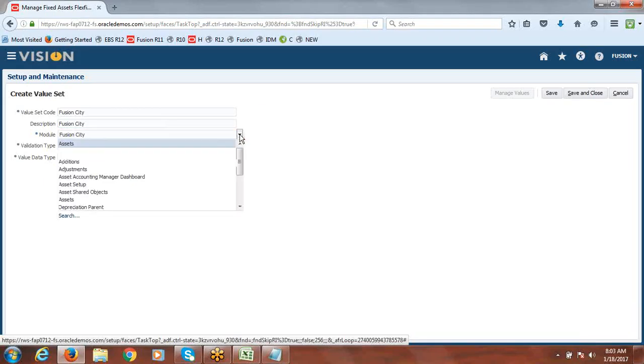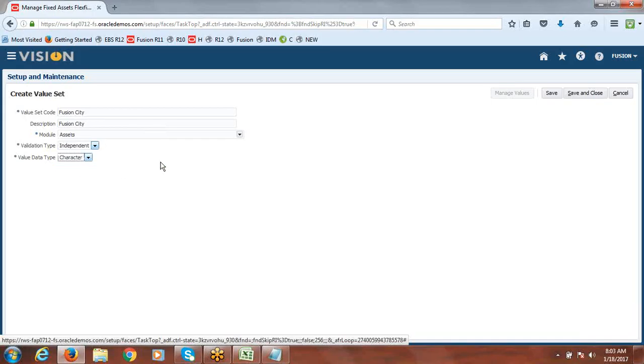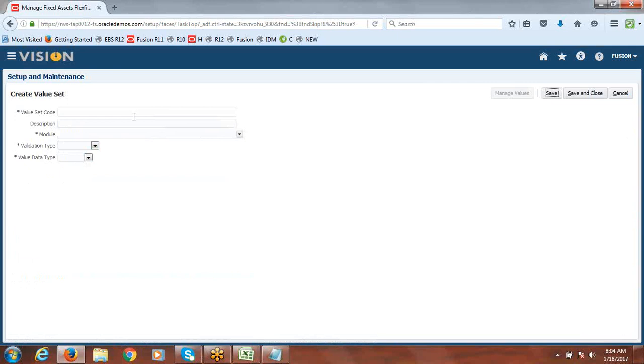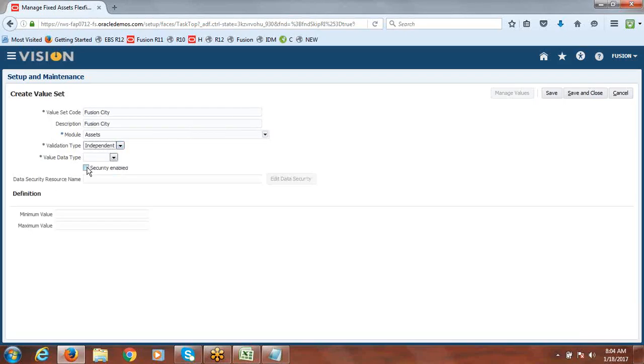Let's create one more value set. Module assets, character. Select assets, validation type is independent.